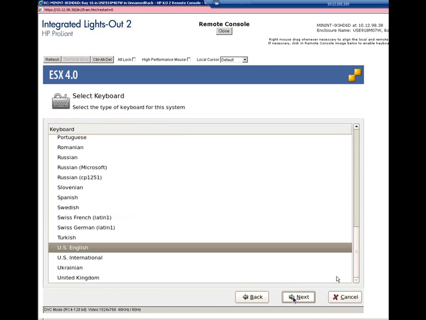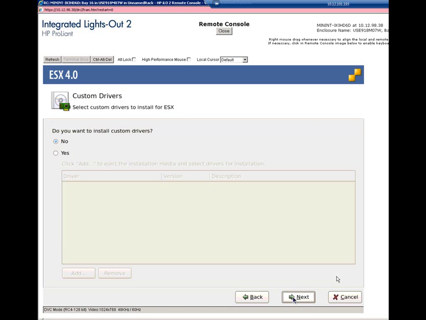We're going to select English for our language. Now, if there's any type of custom drivers for any kind of device that you need to load, this would be the screen where you would load them. This kind of reminds me a little bit of the Windows setups, when during setup it would prompt you for any kind of devices and you would hit F3 to load the devices. This is a similar situation where if you have any custom drivers that ESX supports, this would be the time to load them. Now, for the purposes of this example, we're just going to keep it at no,